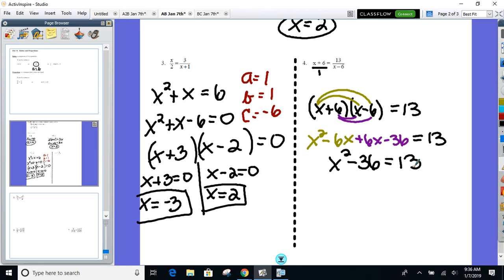Everyone sees the squared? Factor, factor, factor. Got to get one side what, though? So move the 13 over. How? So go ahead, everyone. Subtract the 13. X squared minus